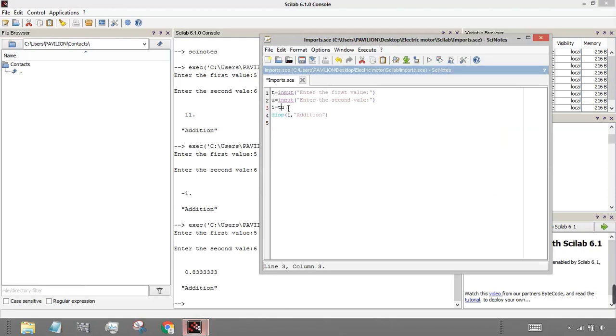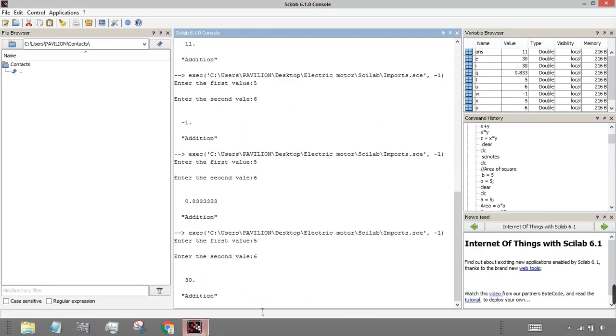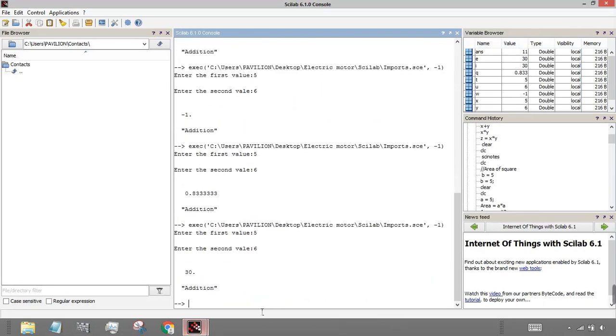Then next is your multiplication, again save and execute. I just minimize it, then again enter the values. So this is how you do it with the file. We have seen how to do the mathematical operations in the Scilab console.